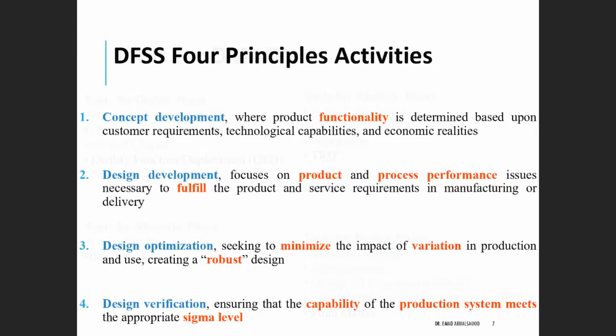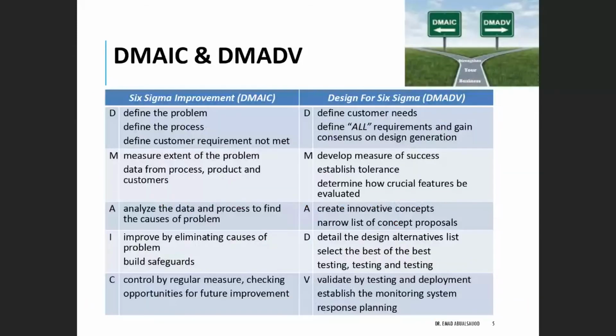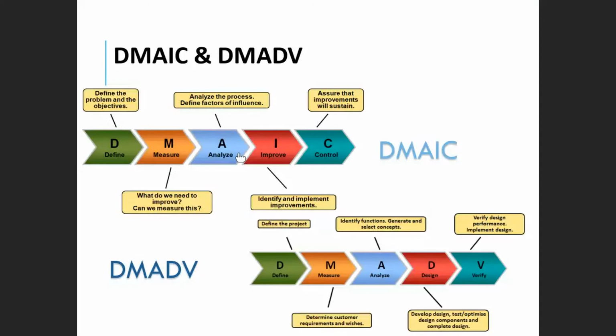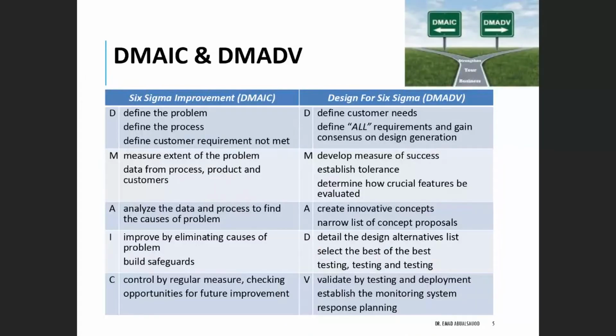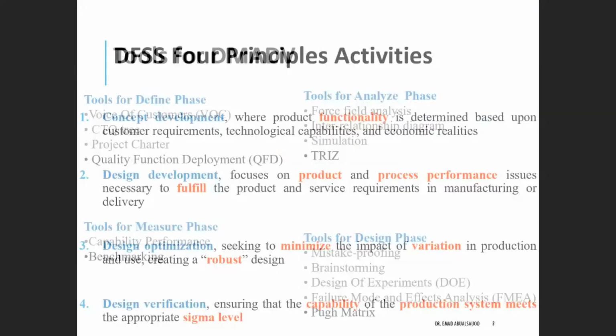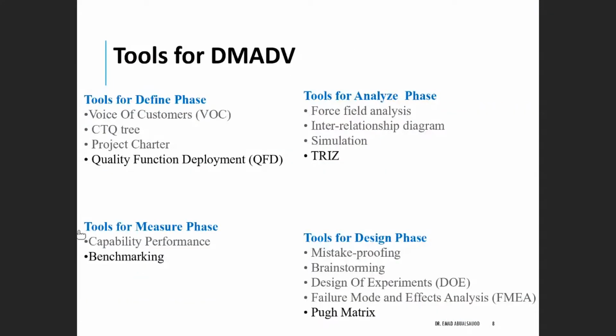So basically, and this has happened sometimes, and I've seen it before, you come in this phase here in the analyze, and you and the stakeholders and project sponsors found that the solution is not going to improve the existing process, that they need to establish a new process or a new product or a new service, a whole complete new one. Then they move from the improve into the design instead of the improve phase and the control, okay? So those tools can be used between the DMAIC and DMADV, but it's commonly used in the